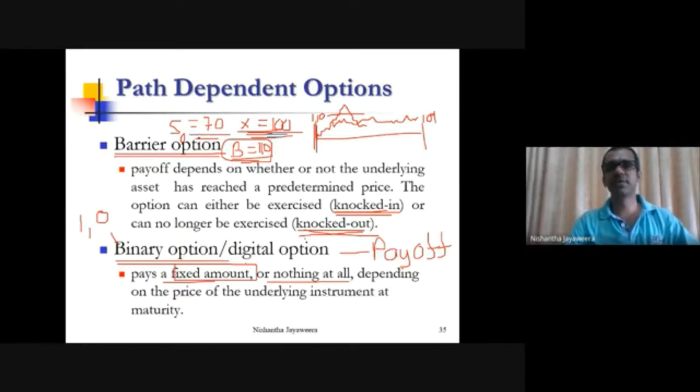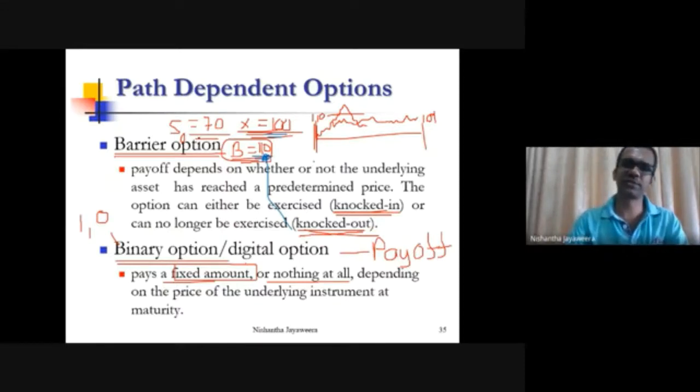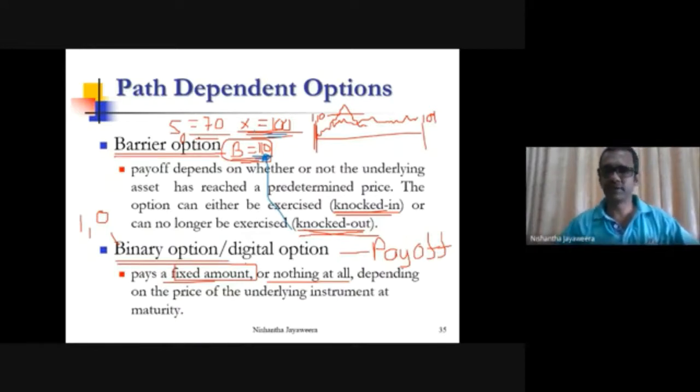So there can be a knockout rule at a price of 110. What does it mean? Say a 3-month call option with a strike of 100. Generally, irrespective of the market price movements, on the expiry date, assuming it's a European style,